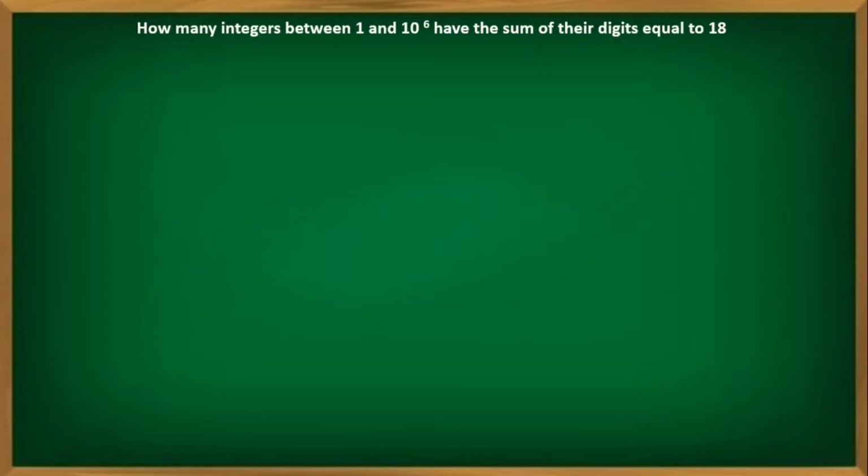For example, if I write triple six or triple six two, you can see this. This is a four digit number, right? Just try to understand the question. This is a four digit number which is in between 1 and 10 to the power of 6. Yes or no? Sorry, in place of triple six two, I will take double six four two. Can you see the sum of the digits? The digits we used are 6, 6, 4 and 2. What is the sum of the digits? 6 plus 6, 12, 12 plus 4, 16, 16 plus 2 is 18. Sum of the digits is 18.